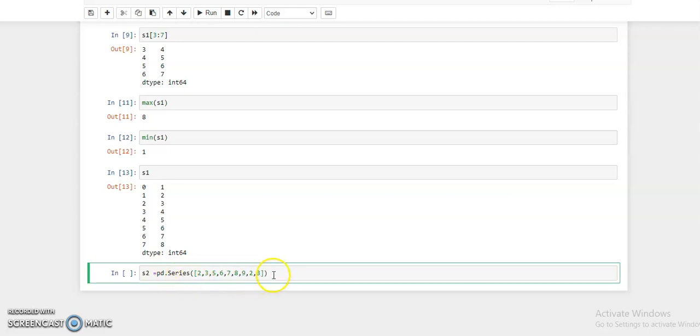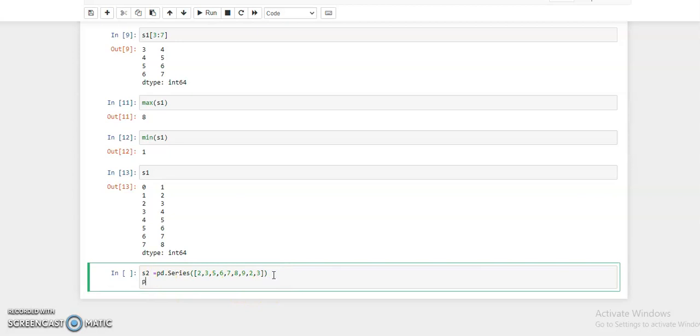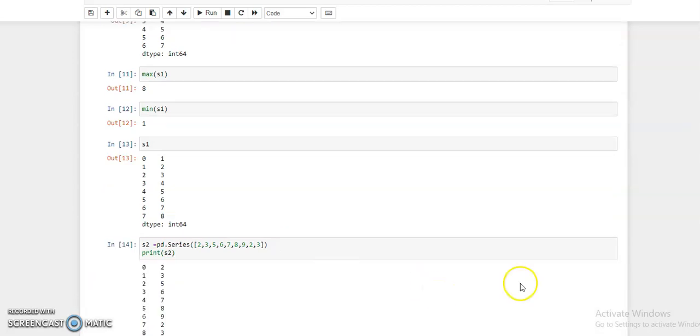Now print S2. You can see here we have two series, S1 and S2.